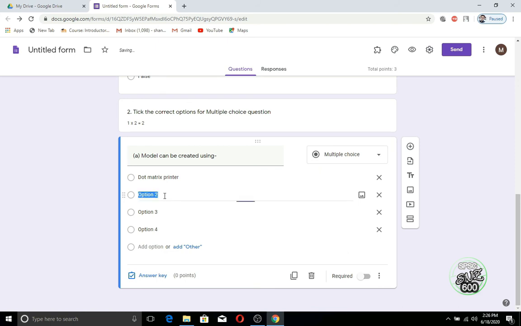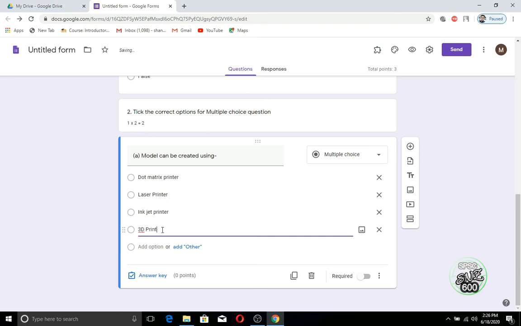Here it is. I'll write the second option as laser printer, and I write inkjet printer, and for option 4 I'll write 3D printer.